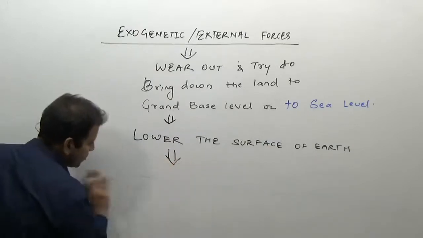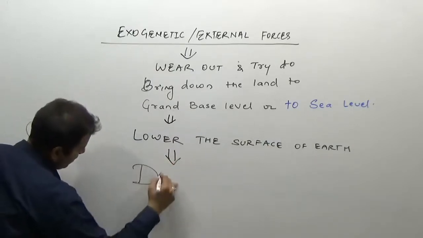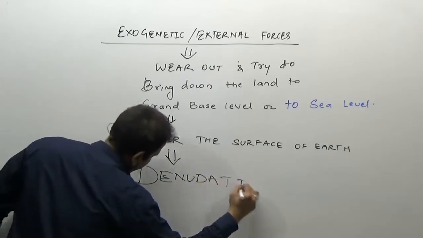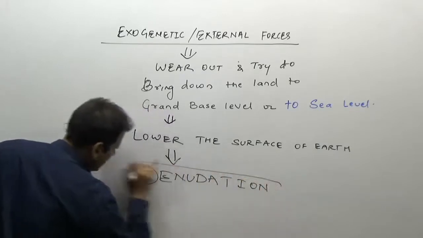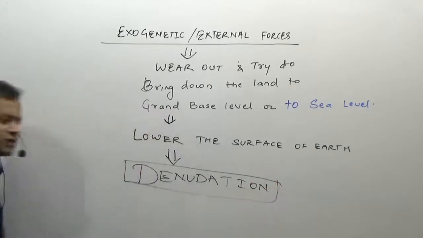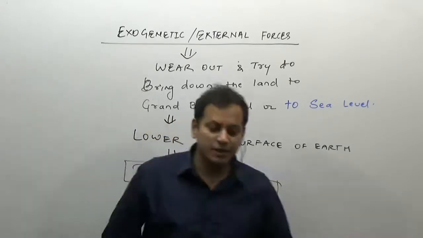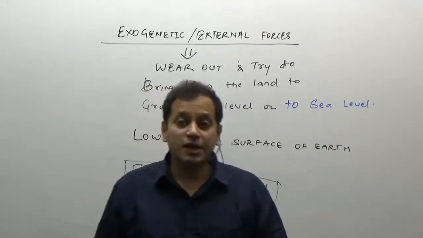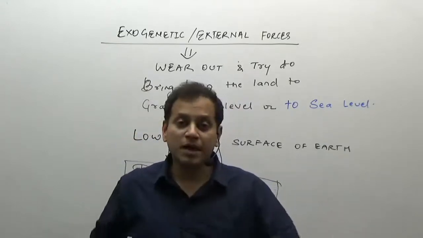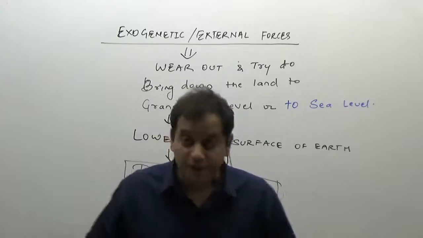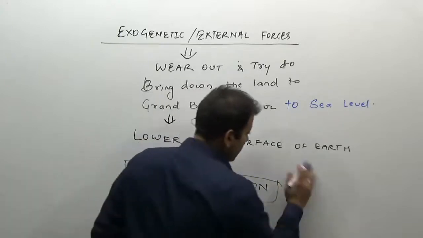This entire process is known as denudation. Then what is denudation? Denudation is the lowering of the surface of the earth. Denudation is generally divided into two types. Some books may divide it into three types, but here it is mostly divided into two major types, that is